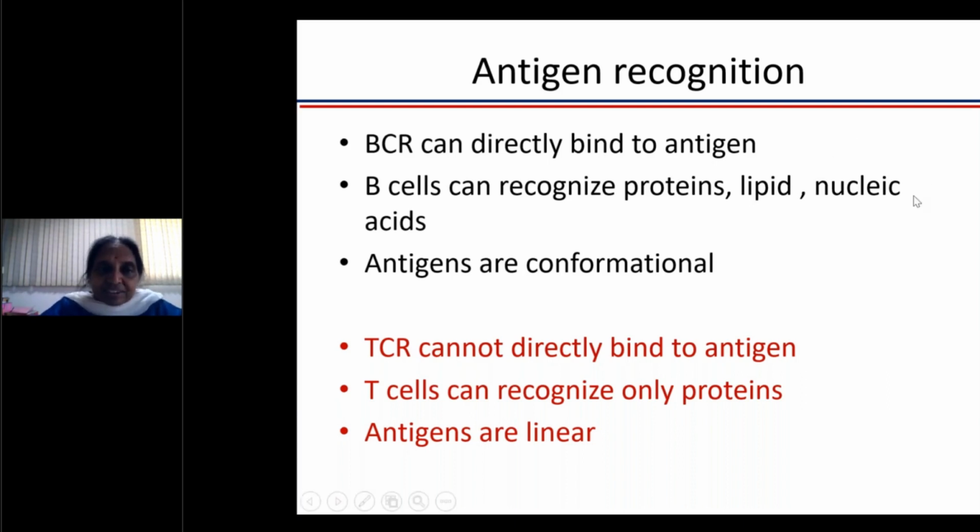So the antigen recognition is... Yes, can I ask a quick question? Sure. The removal of unwanted or bad proteins, is it always only through immune mechanisms, or are there non-immune mechanisms also to recognize and wash away waste proteins?